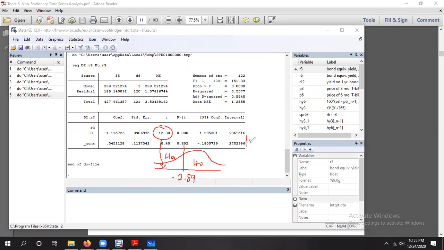So based on the hypothesis testing, we can reject H0. We successfully reject H0, which means that our data is stationary, or has no unit root. So from this result,